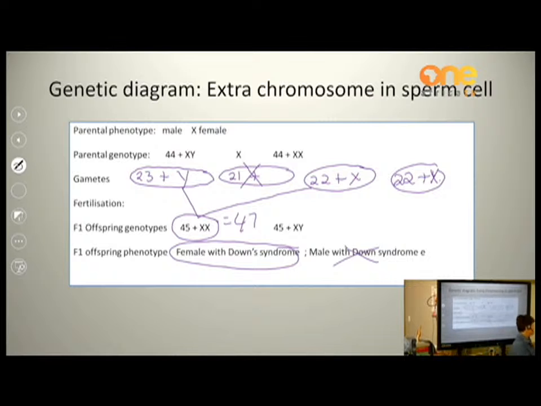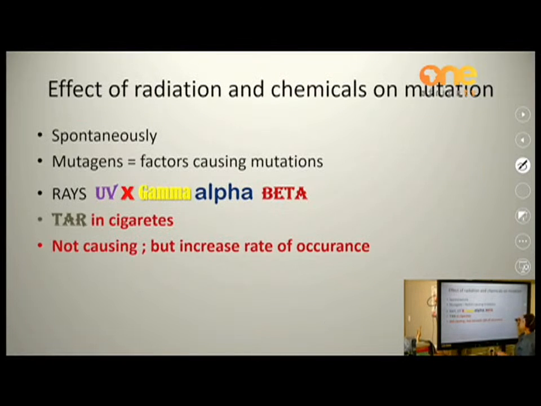That is Down syndrome. And it is important that you know all the features of Down syndrome. Please do the attached question to see whether you do understand this or not. Read through these few pages, and then we have